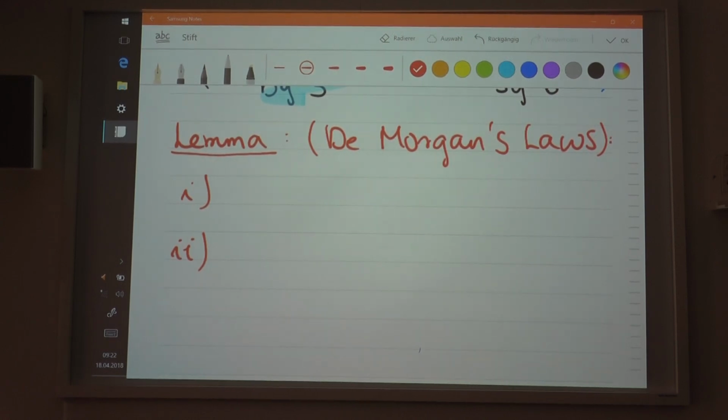The first law applies as follows. The first law is the negation of the disjunction of 2 or more statements. So the negation of the disjunction is equivalent to the conjunction of the negations. All right? So that's how you break it up. Again, the negation of the disjunction is equivalent to the conjunction